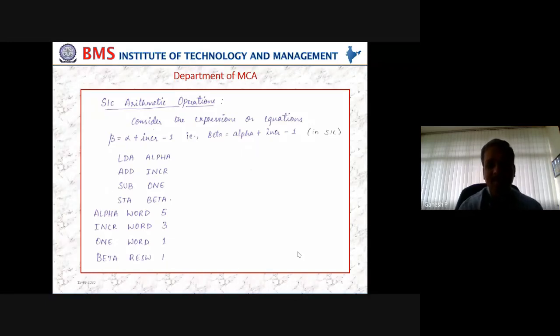You can see that beta is equal to alpha plus increment minus 1. So beta is a variable type like int A, int B; alpha, increment, they are all like variables, minus 1. This is a mathematical expression normally we see in algebra. Similar to that, we have been given an expression and we have to write a program.